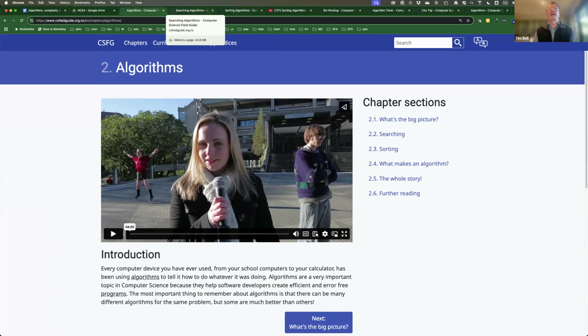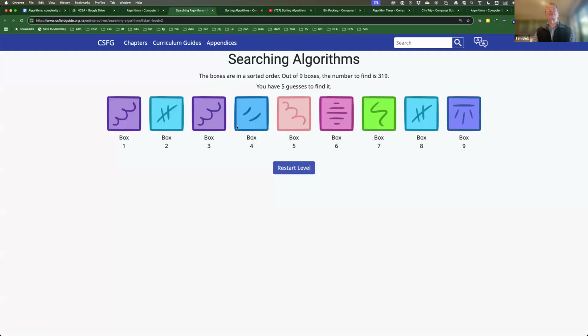So searching out them. So yeah, here we go. There are 9 boxes, but you're only allowed 5 guesses, and you have to find the number 319. Students might start off going, oh, let's look at the first one. And then they realize, oh, hang on, this isn't going to work. And you can have a little argument start in the class. But pretty quickly, if I just restart that,